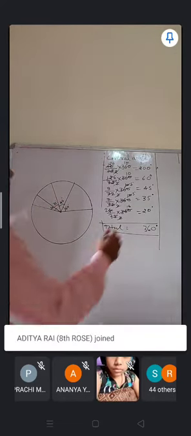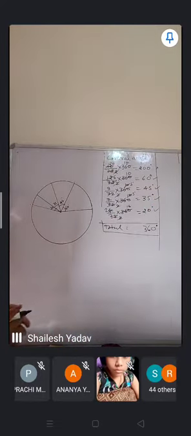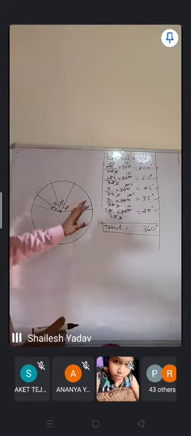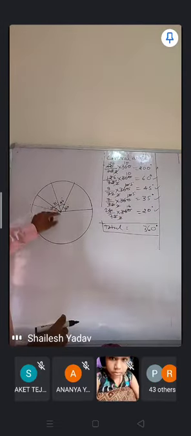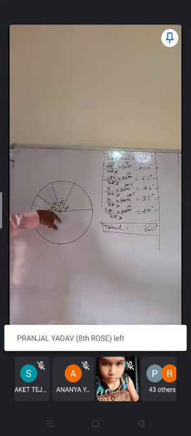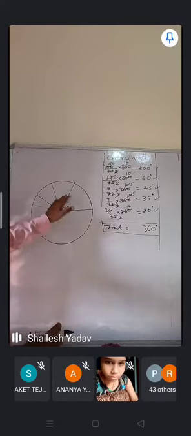Now students, I have drawn all these angles. Which angle is remaining? That is 200 degrees. Only I have not drawn the 200 degrees, the rest of the angles are drawn. If I rotate it, the total angle possible will be 360 degrees. So out of 360 degrees I have drawn this angle.